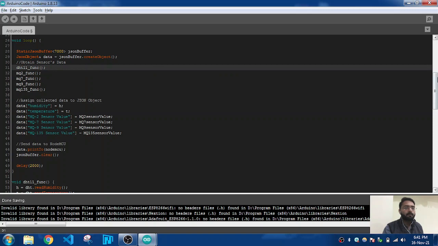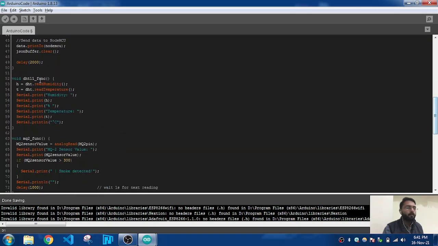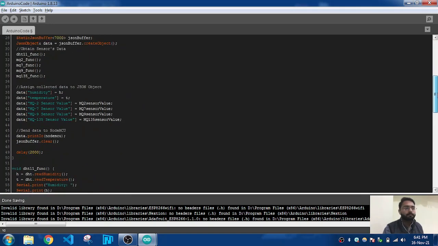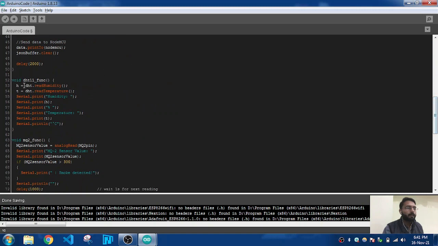Now it jumps to the DHT11 function, in which I have already initialized the humidity and temperature sensor at the top: float h, float t. So h is equal to dht.readHumidity. It will read the humidity, and likewise it will read temperature.